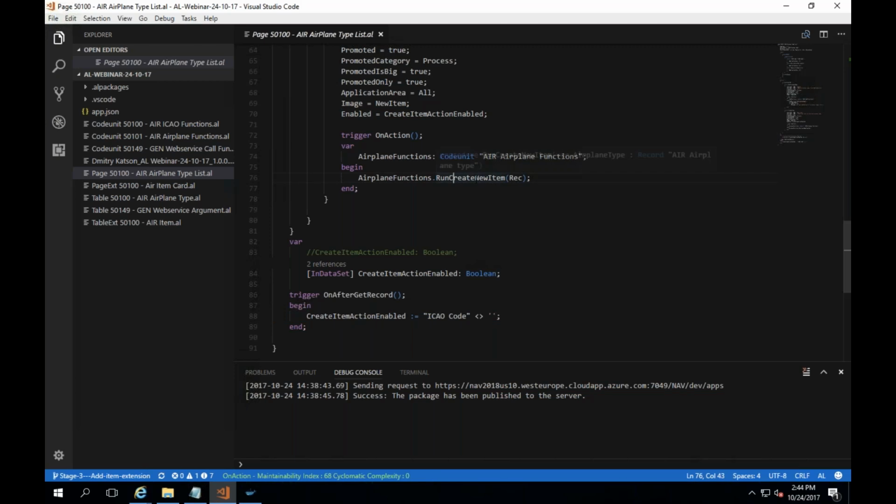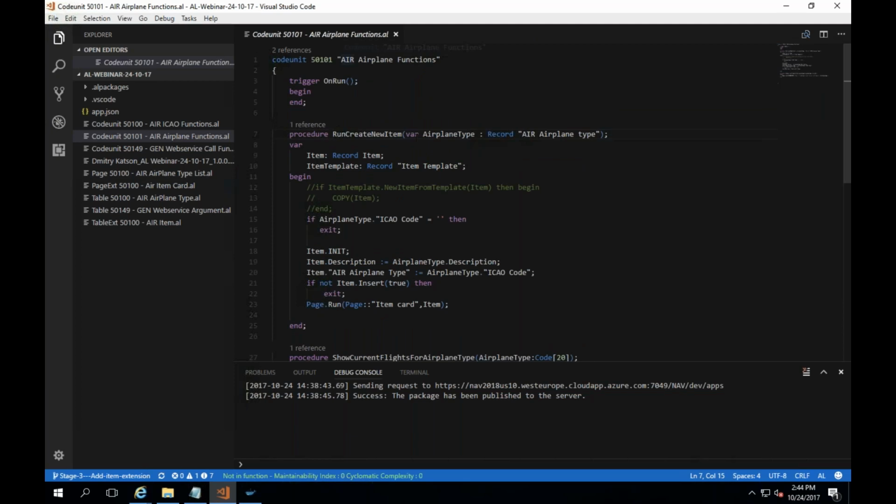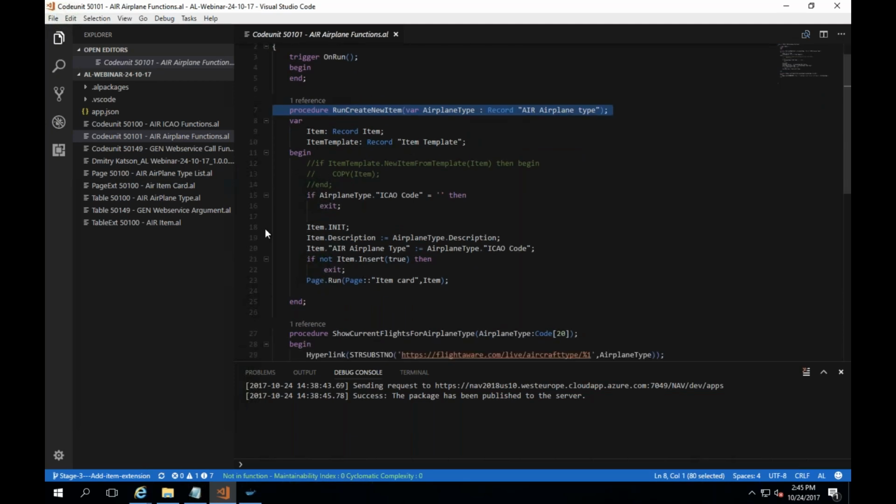And to create an item, we run a new procedure, a new procedure to create a new item. So we init and we insert, and then we run page item card. Why is this code commented? Because I first wanted to use the standard function, new item from a template, but